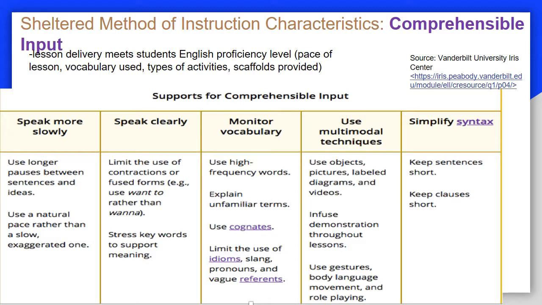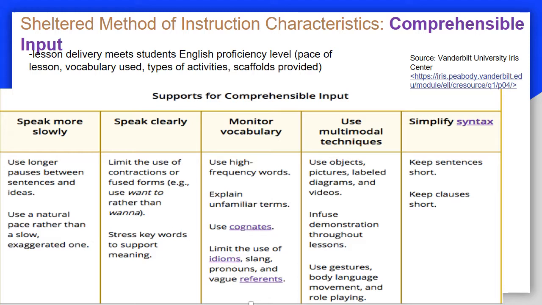When you're using your vocabulary, you would use high frequency words as much as possible. You would pre-teach unfamiliar terms or important vocabulary they might not know. You would try to stress cognates, so words that sound the same and have the same meaning across both languages. So like history in English is historia in Spanish. That would be a cognate. And so you could use that cognate to help explain the content. Or oxygen is oxígeno in Spanish. And so it's important that you show that cognate and write it out so that students can connect that